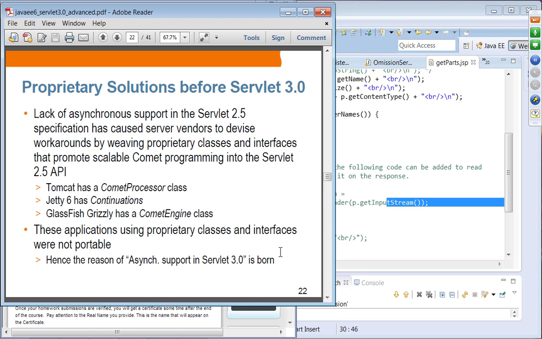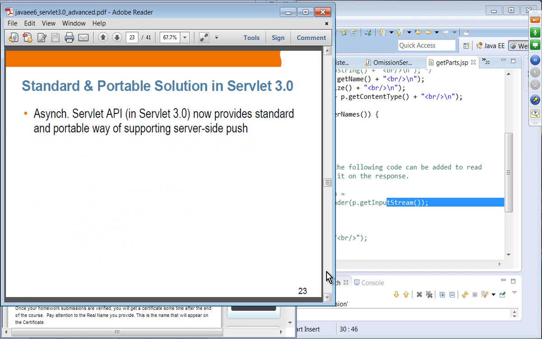Tomcat has a Comet processor, Jetty 6 has Continuations, and GlassFish has what is called the Comet engine. These are proprietary implementations of async servlet, if you will, with proprietary classes and interfaces. And of course, applications are not portable. That's the reason we need standards-based support, and that's what the async support in Servlet 3.0 is all about. So the async servlet API in Servlet